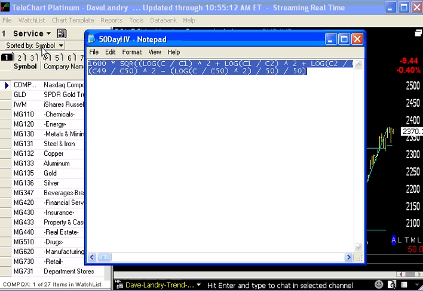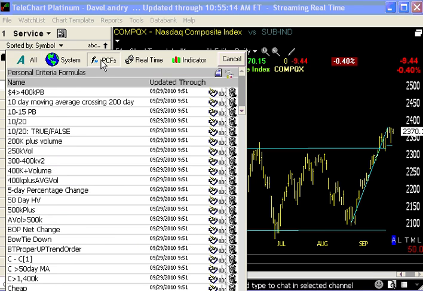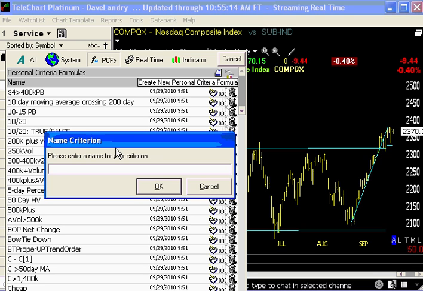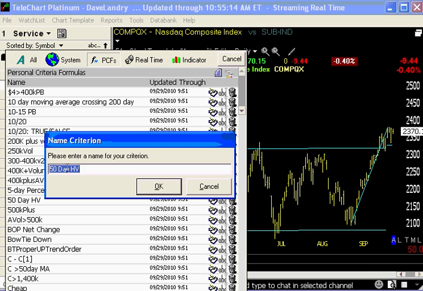Now, come over here and click on Symbol in your watch list. Click on PCFs. And then click on, I'm sorry, I said Symbol. Click on Sorted By. Then click on the little new window in here, and then type in a name, something you'll remember, like 50-day HV, so you know what it is. Click on OK. I already have one of those, so let's just name it something else, 50-day, how about dash HV,